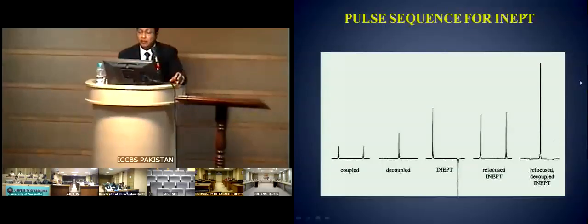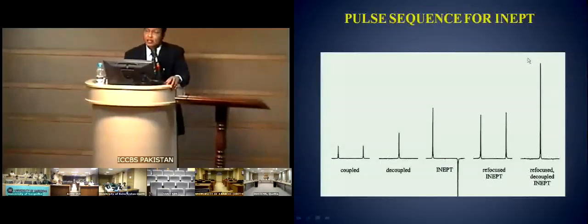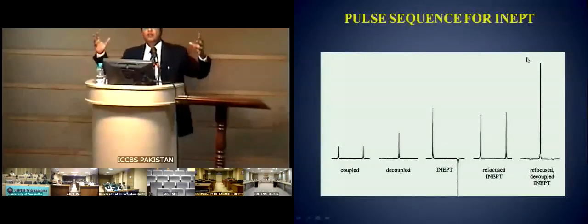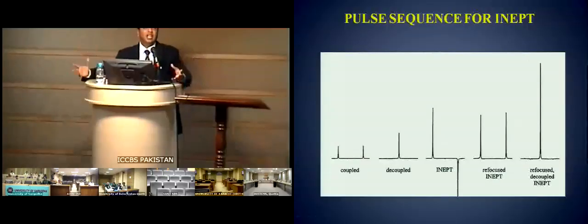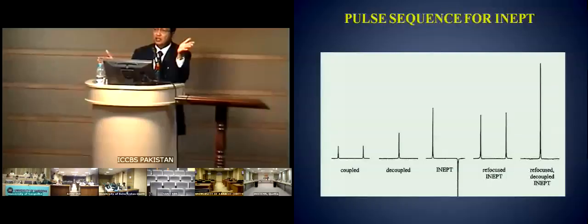The question remains that, okay, we got a very intense peak of each carbon because of polarization transfer, but we lost the information about the multiplicity. And people said this problem is solved forever because somebody has brought an APT which can be built into every pulse sequence. Like you can build a spin echo in every pulse sequence. You do this experiment, again turn on the coupling, and then you let it happen like APT. Remember,